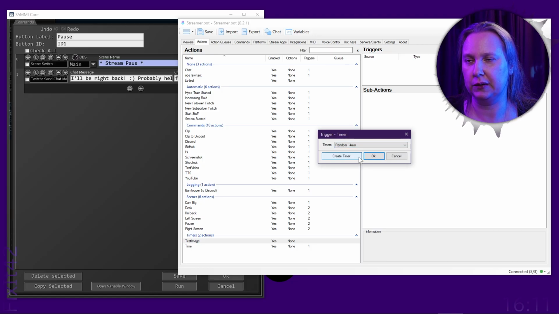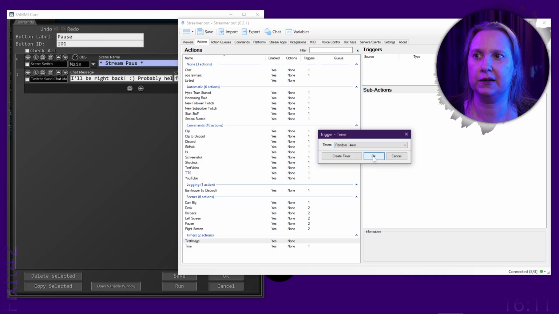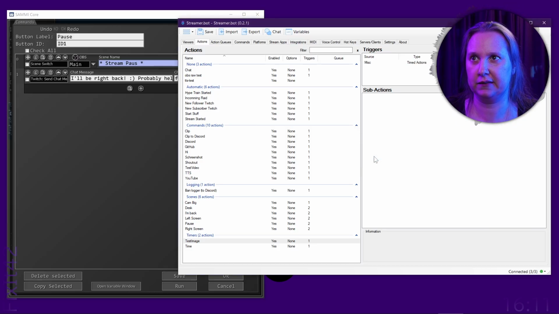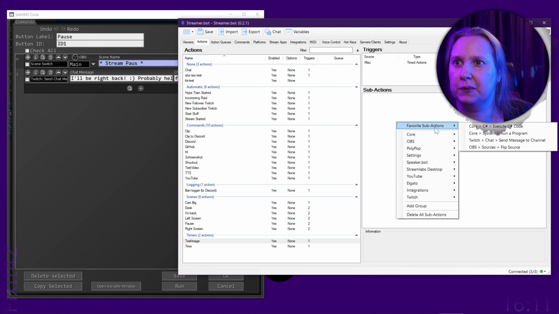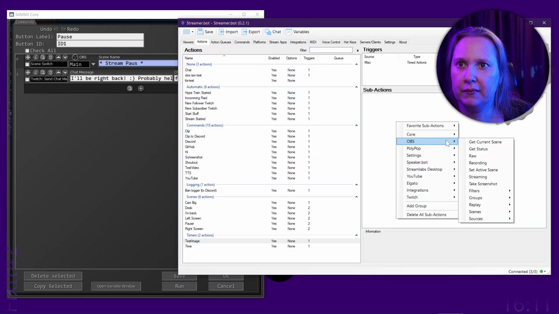And we're going to use the random time between 1 and 4 minutes. And what will happen then? We want an image to be loaded into our new videos and images scene. And that's what we should find out how to do. So let's do that. This is an OBS thing,